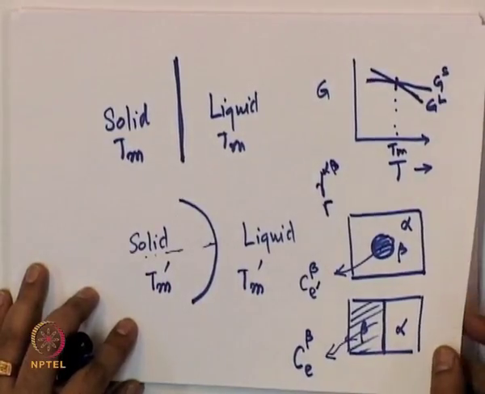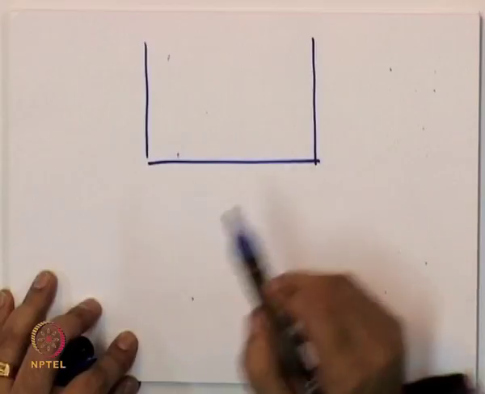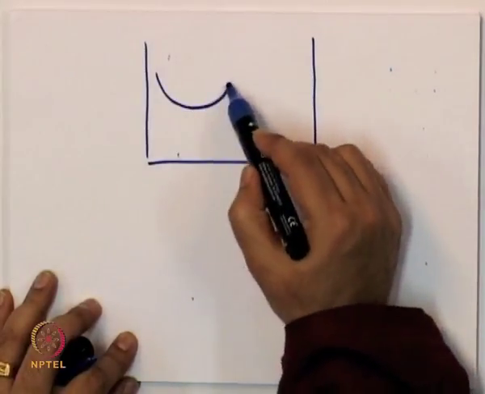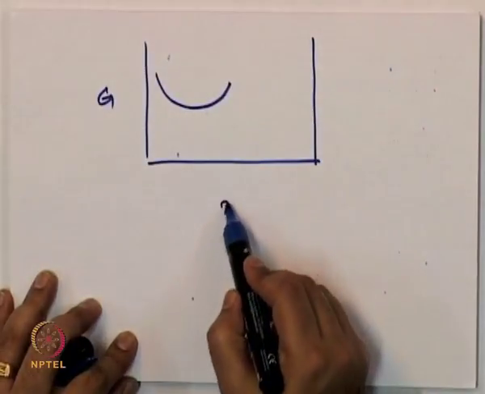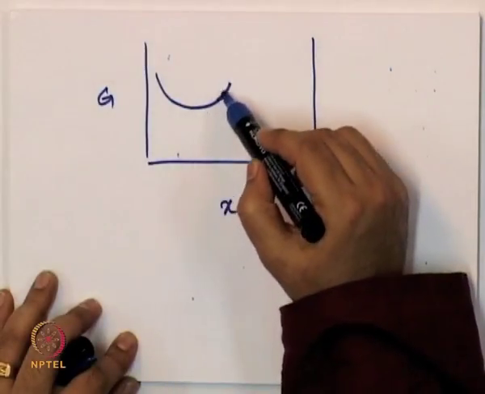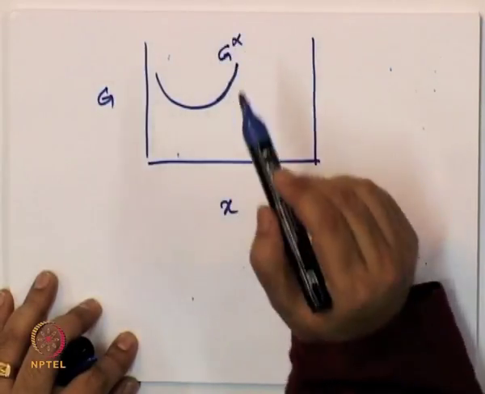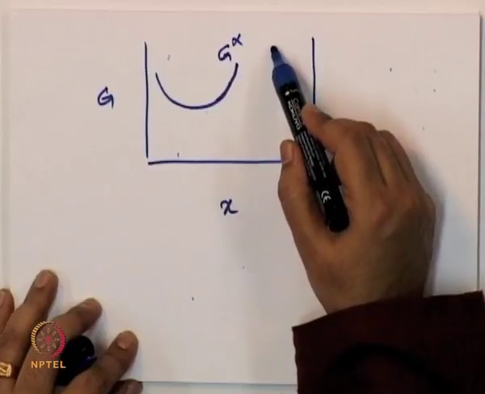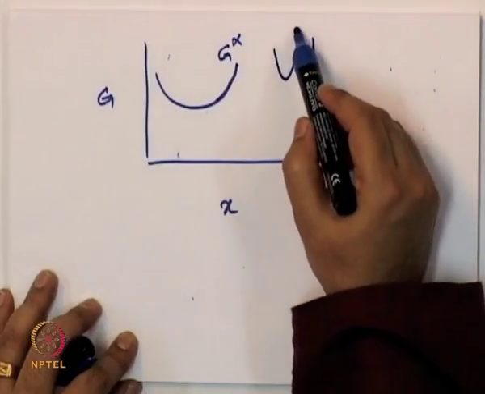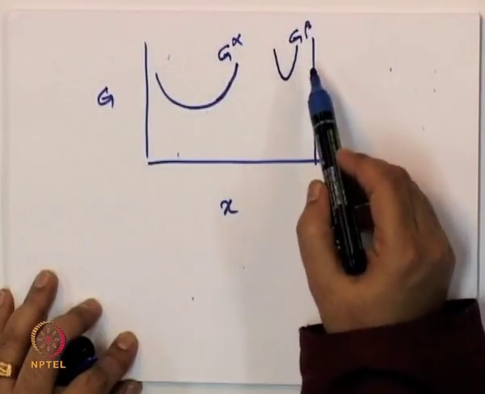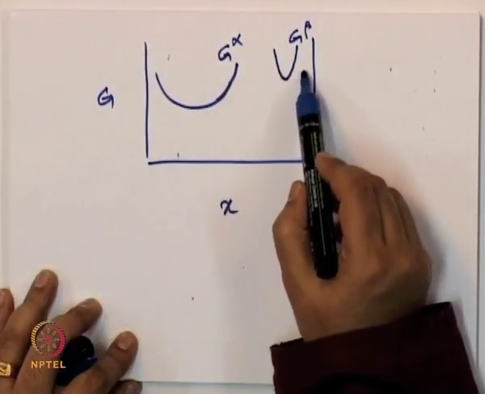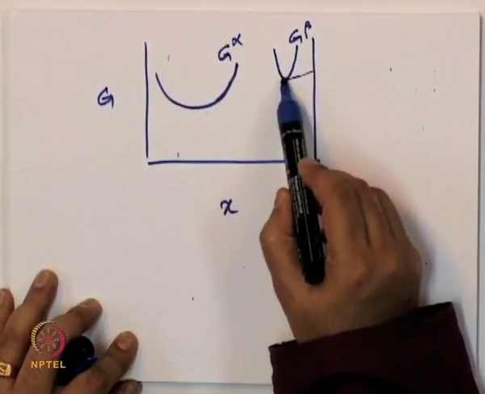There is another way in which one can understand the Gibbs-Thomson effect, that is by looking at the phase equilibrium. Let us take the case when I have the equilibrium between the alpha phase and the beta phase. So, these are the free energy versus composition diagrams. Let us say that this is the free energy of the alpha phase, and this is the free energy of the beta phase. Now, the composition at which they are in equilibrium is obtained by drawing the common tangent.